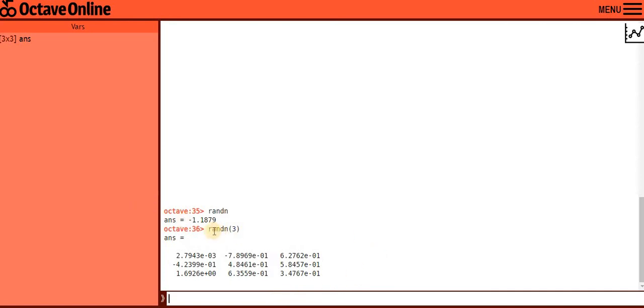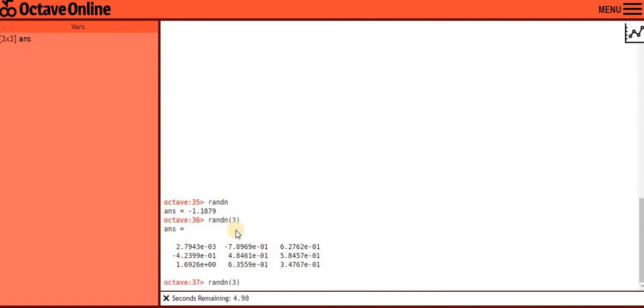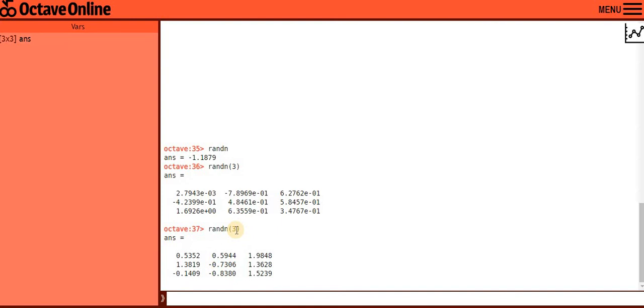When you are writing randn and in the braces you are passing some integer, that means the answer is a 3 cross 3 matrix of random values. The main thing over here is that the mean of all these values is 0 and the standard deviation is 1. This is the randn function, right? So I am executing the same function again. It will give you a different set of values.